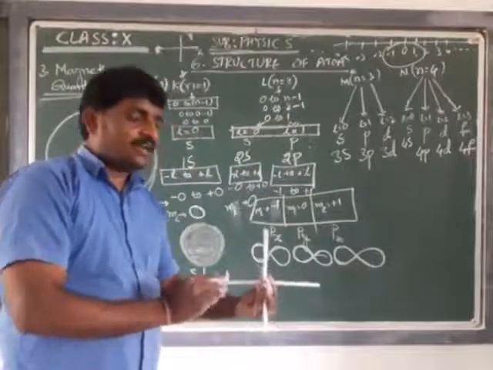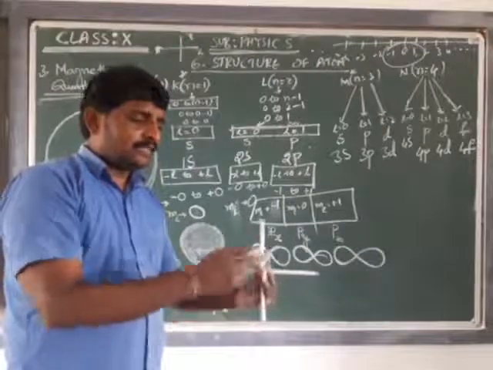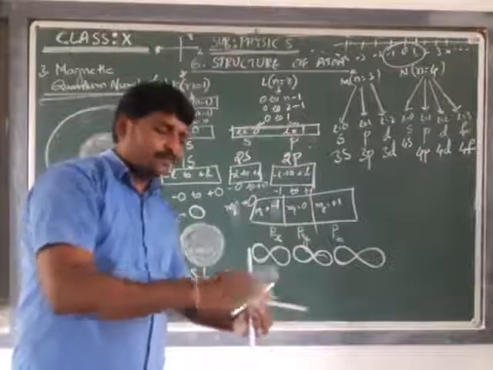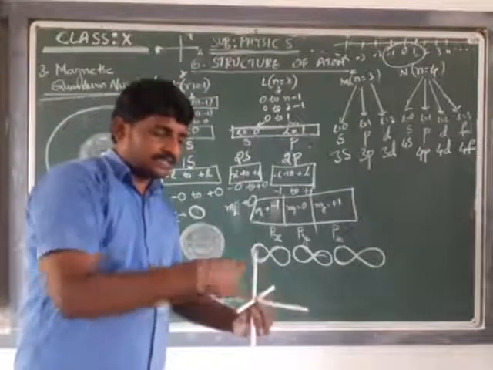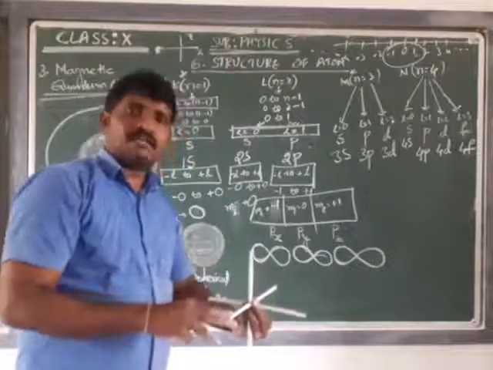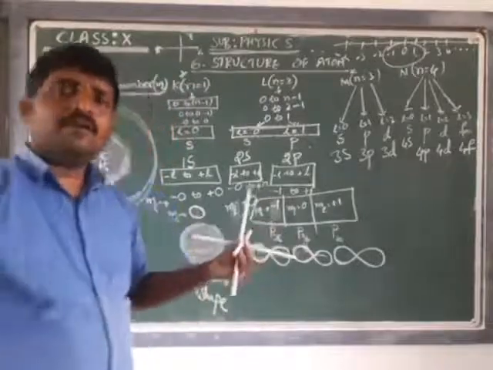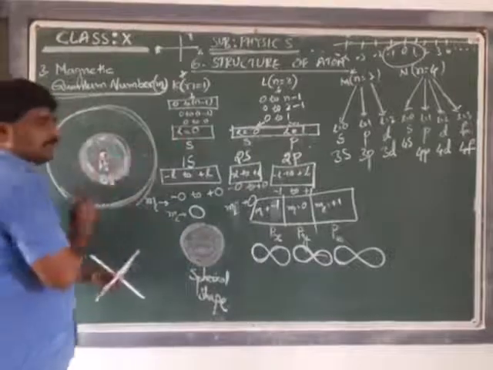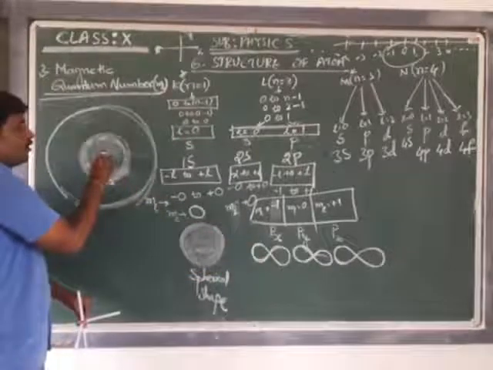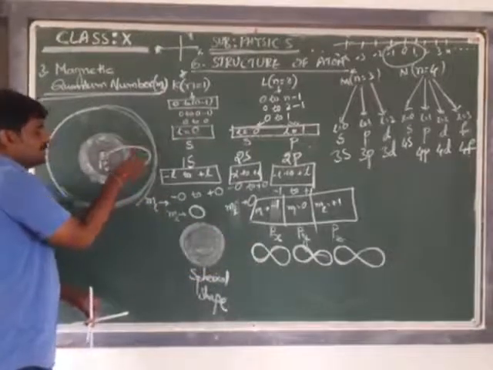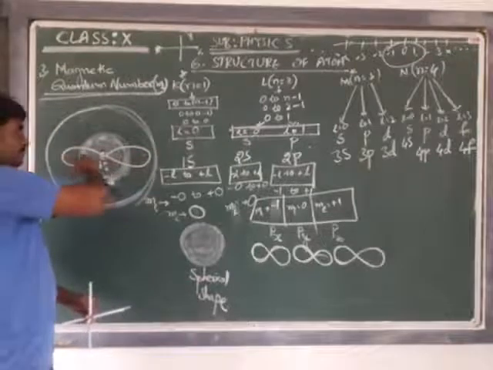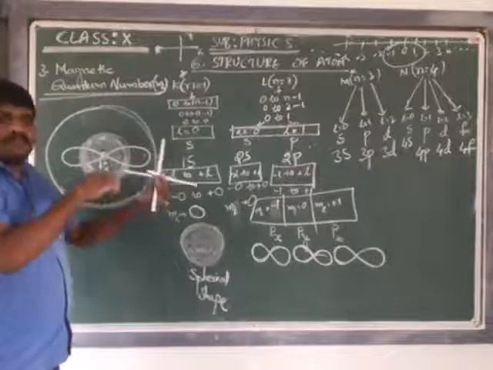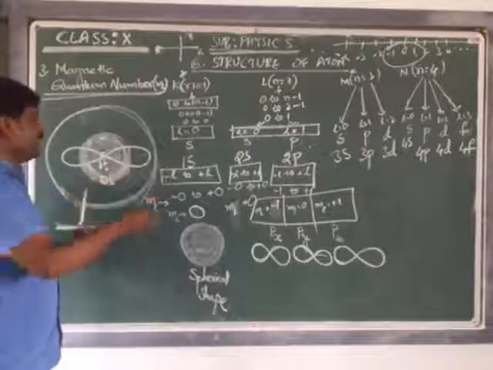If you draw straight, exactly quite opposite, z-axis cannot be drawn. Just we'll draw the figure from this view. X-axis we can draw, y we can draw, z also we can draw. Now how this is getting oriented, that's what we have to discuss here. That means if this is x, px will be accommodated along the x. This is px, occupying the space in the atom. This is px. Py.